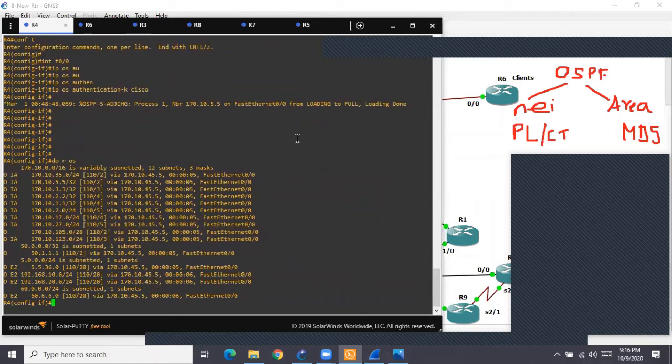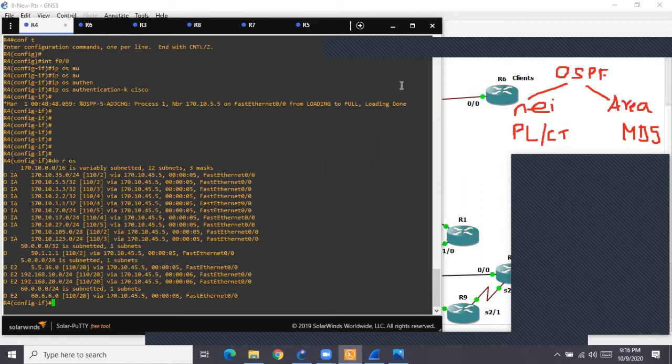So this is very simple neighborship authentication. Go to the interface towards a particular neighbor, whichever neighbor they ask you to do, and then enable the authentication. They will tell you either to do plain text authentication or MD5, either one of them. The default is null authentication.